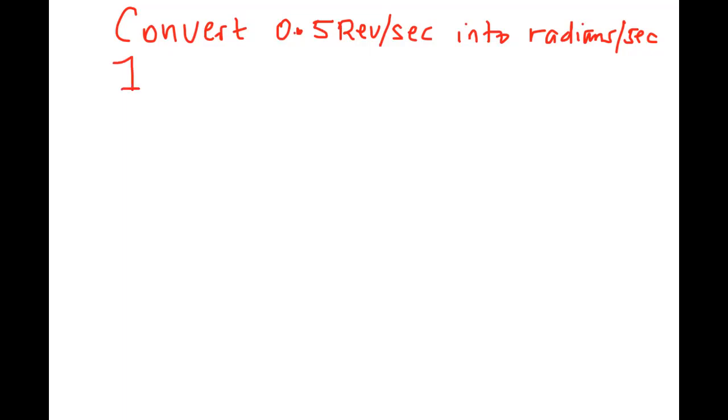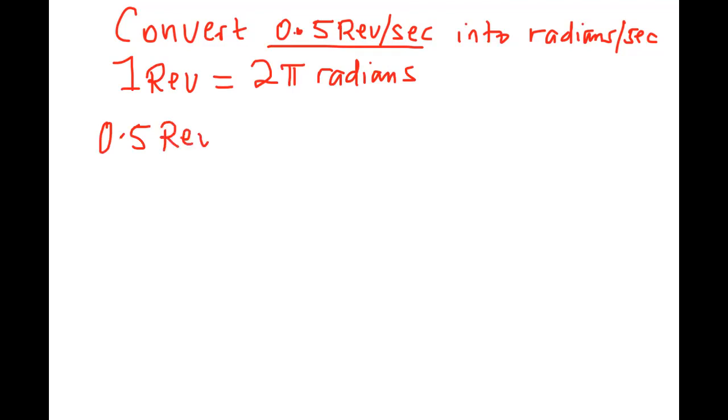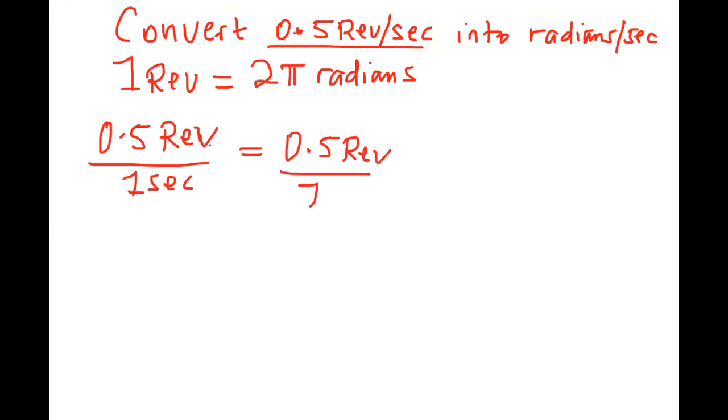So it is well known that 1 revolution is equal to 2 pi radians, right? 1 revolution is equal to 2 pi radians. So you can write this quantity, 0.5 revolutions per 1 second, as 0.5 revolutions divided by 1 second. Now I have to multiply it by a factor. That factor should enable me to have my answer as radians per second. So because of this conversion here, I can safely say that multiplying by 2 pi